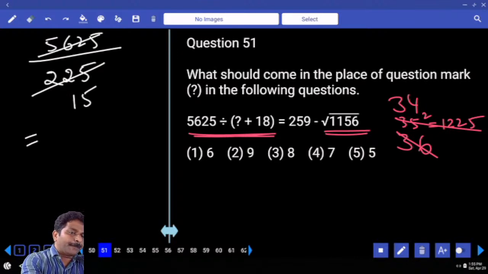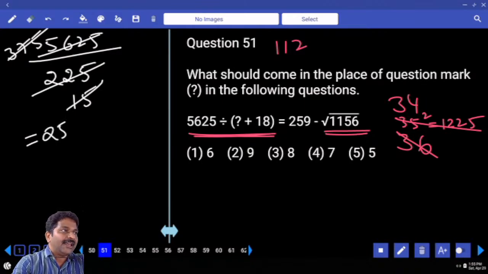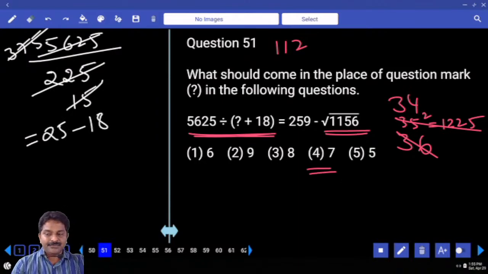15 times. 15 3 times. 45. 112. 15 7 times. 105. 75. 5 times. 15. 25 times. X plus 18 is equal to 25. X is equal to,